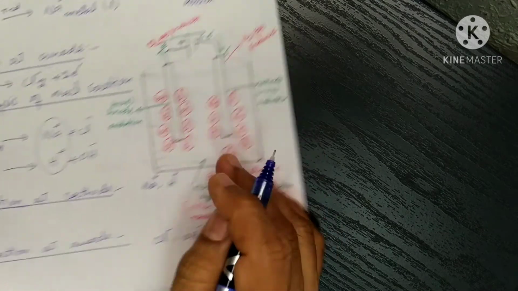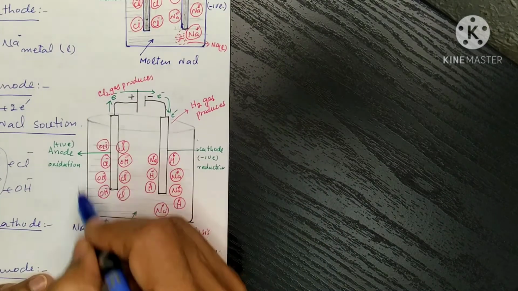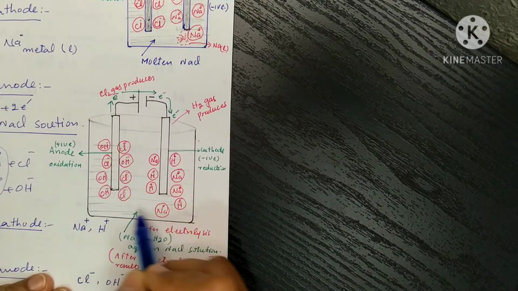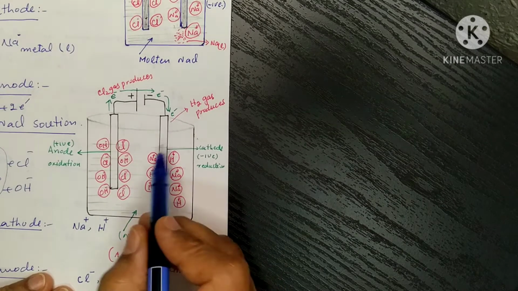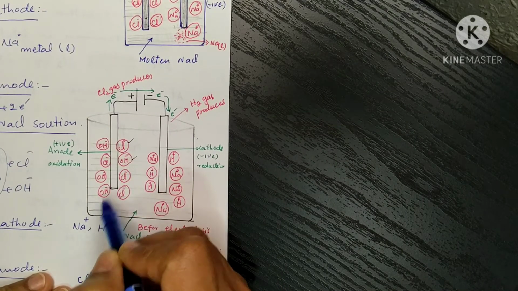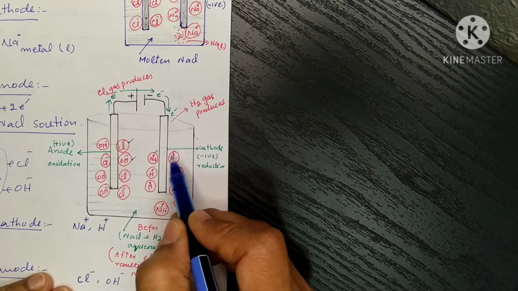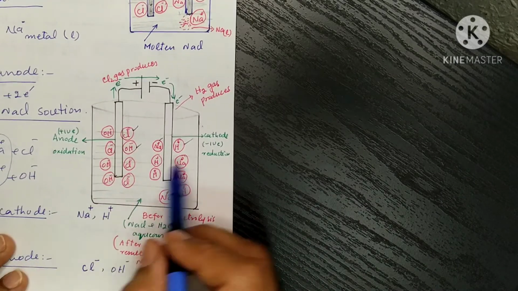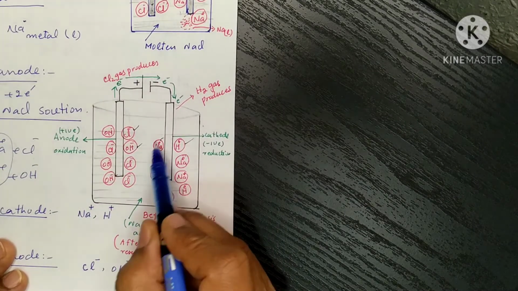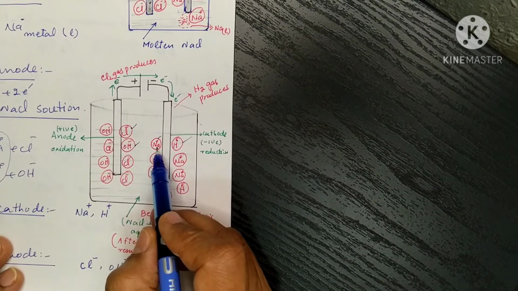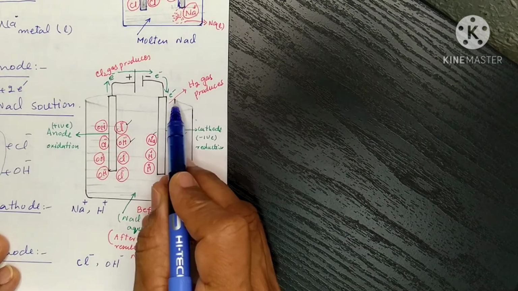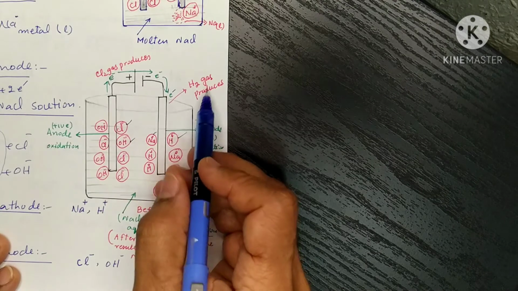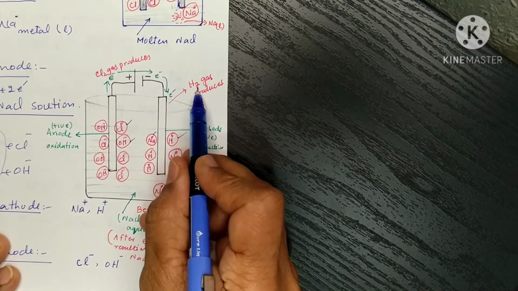Now at the cathode surface, when sodium and hydrogen ions reach the cathode, there is competition between these two positive ions. Like this, here we have an electrolytic cell, two electrodes connected with a battery, and an aqueous solution of sodium chloride. It means we have four types of ions: chloride and hydroxide ions at the anode, sodium and hydrogen ions at the cathode. Hydrogen is less reactive as compared to sodium, so hydrogen gas will release at the cathode surface, because these positive ions will gain the electron, get reduced and convert into hydrogen gas.